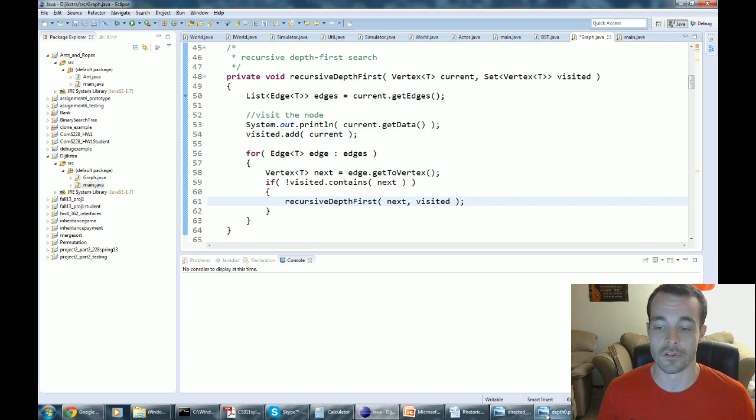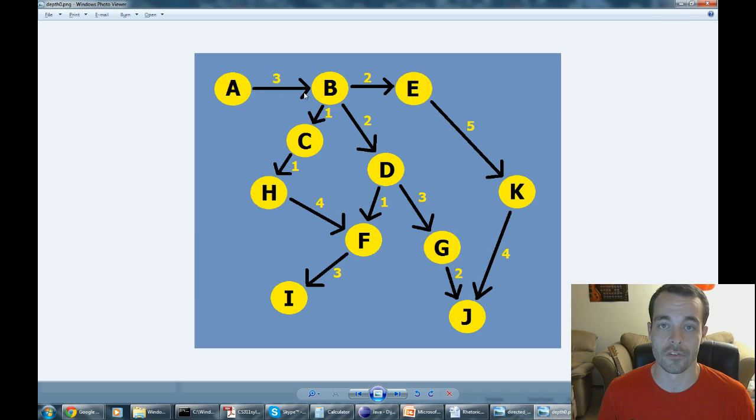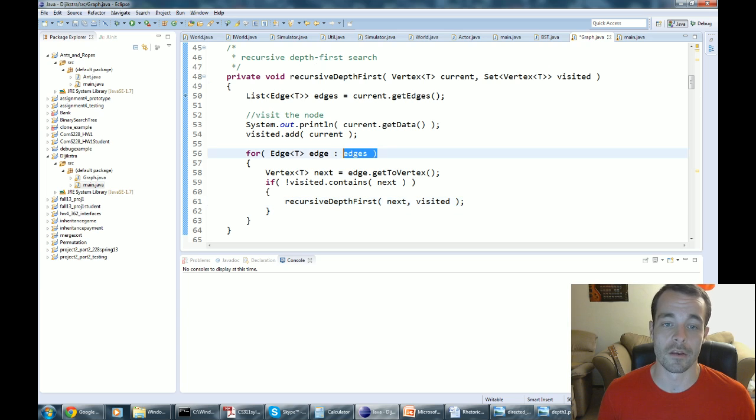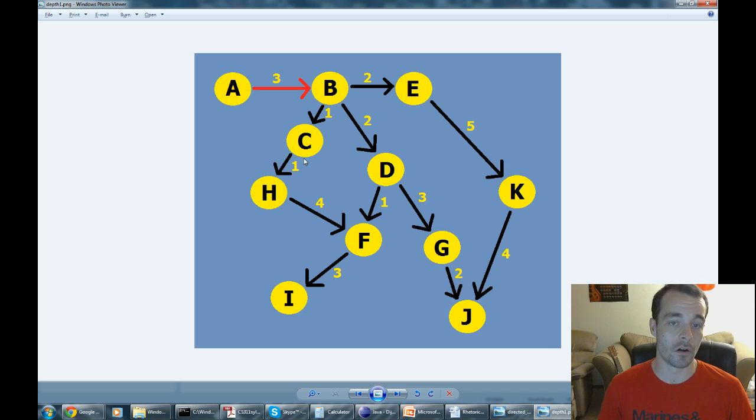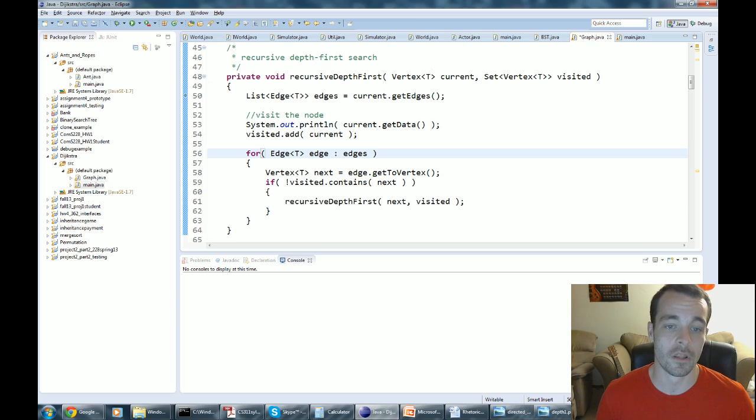So since there is only one edge in edges, we're going to start with that one. Now we've traversed from edge A to edge B, and we have this time a list of 3 edges. So this time when we go through the list of edges, we're going to one at a time recursively call. But this is where the term depth first comes from, because as you know, with any recursive call, the code